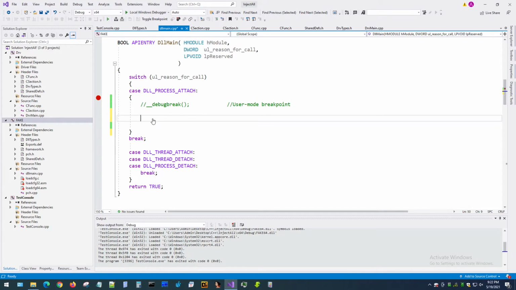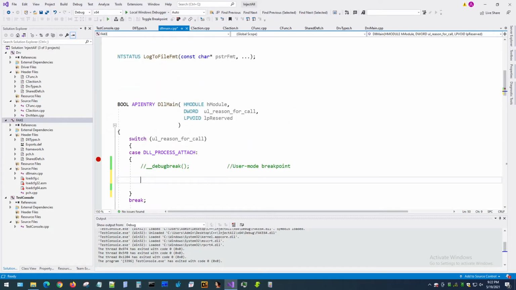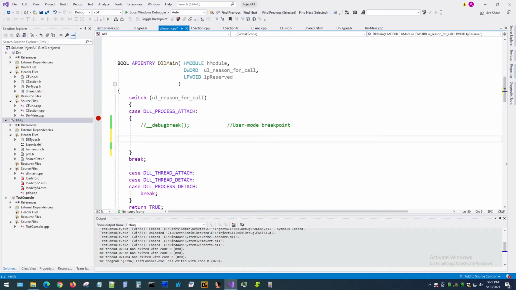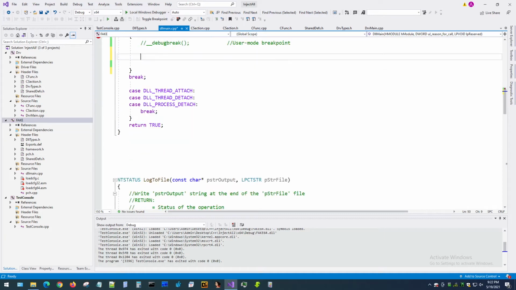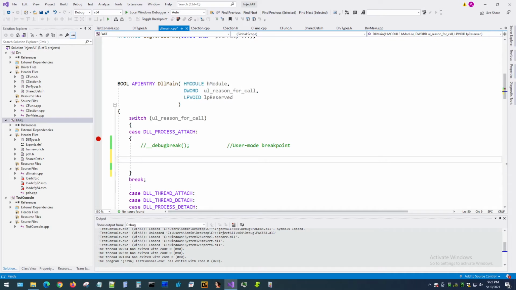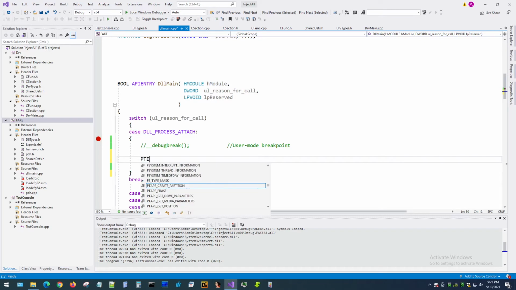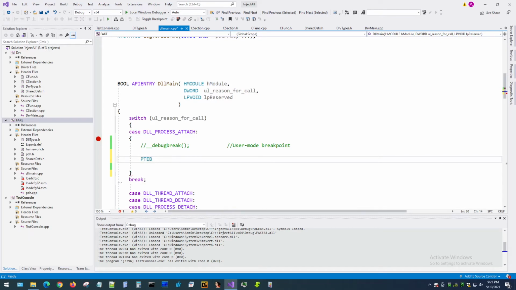Okay, well, finding a process ID using Win32 is somewhat easy. Well, the problem is, like I told you earlier, that we don't have Win32. All we have is just a native subsystem, which is ntdll. So how do we go about this? Well, we can actually use something which is called a TEB. If we get a pointer to the TEB, the thread environment block, we can actually access it,